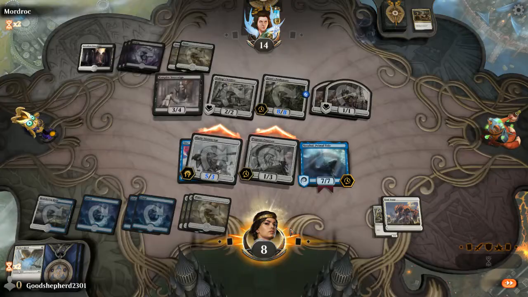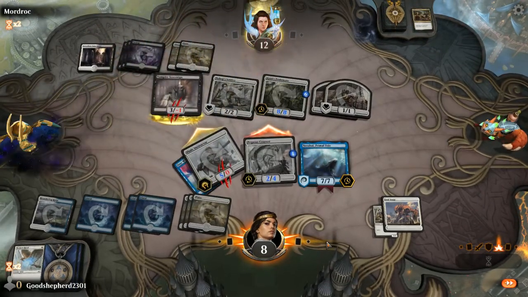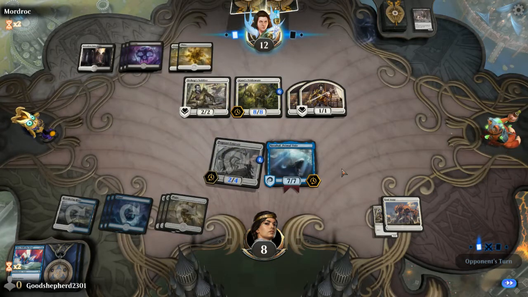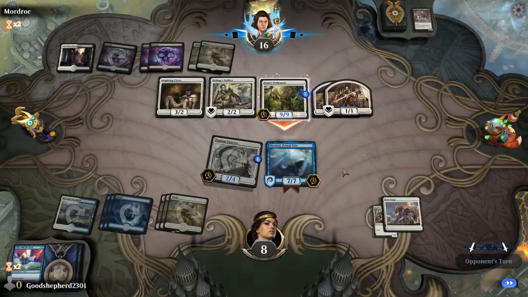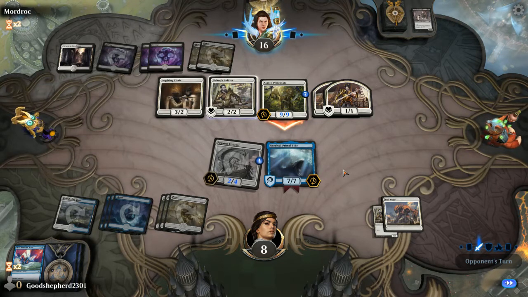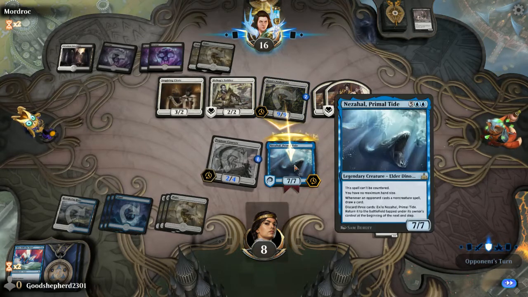Shouldn't we swing with these two? Yeah, forces that block, so problem is I'm forced to block the Pridemate. If he has a Murder, that's it. Yeah, no good luck for me this time. Well, it's Inspiring Cleric, so yeah, you probably should swing with everything. No, mathematically I'm forced to block the Pridemate. I have no outs to it, so...